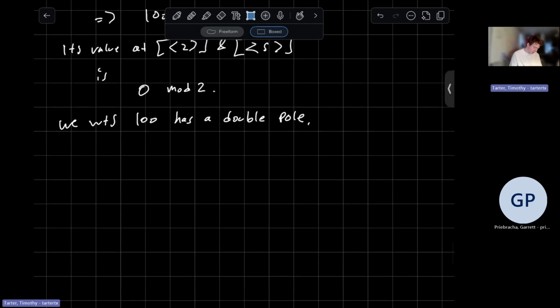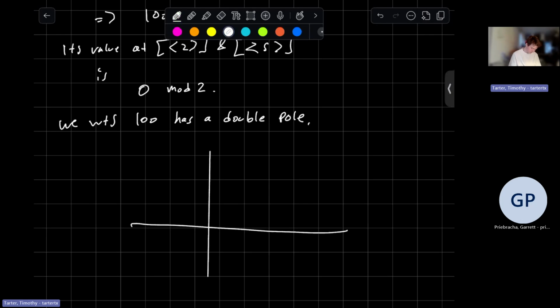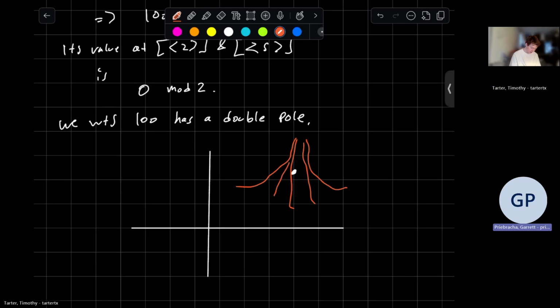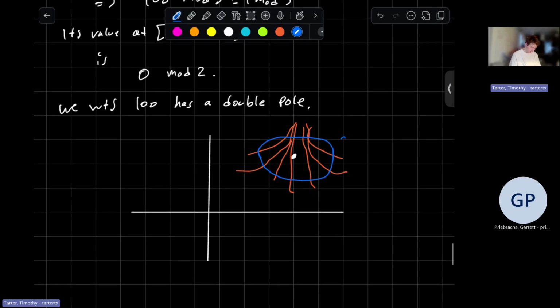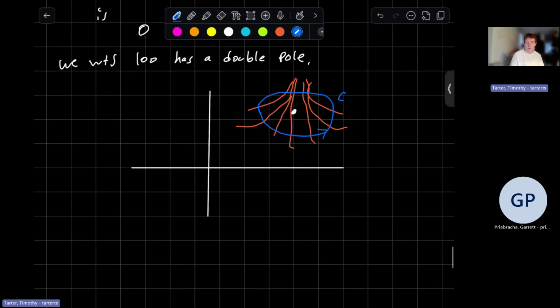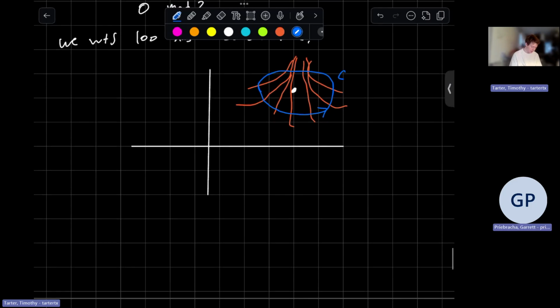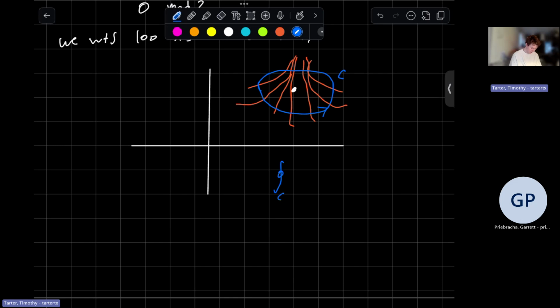In the context of complex analysis, it looks like this: if you have a pole, it means that your function goes off to infinity in an asymptotic way. If you have a closed contour C around this pole, and you set a direction and integrate the function on the contour, then the path integral with respect to C of f(x) dx is equal to